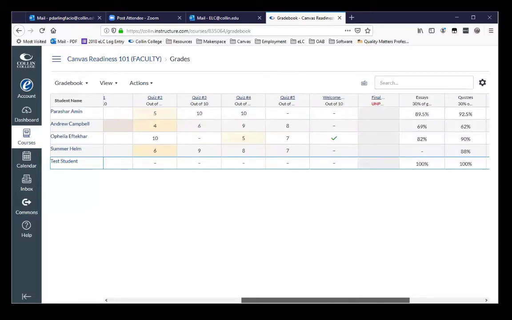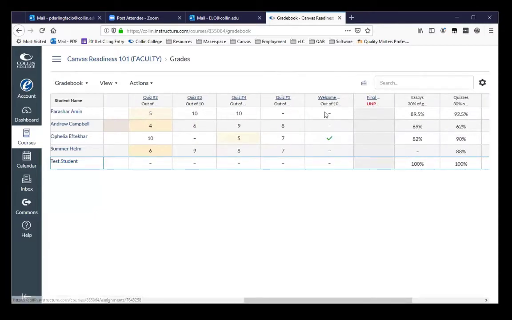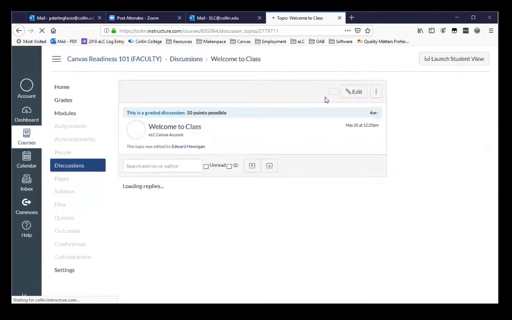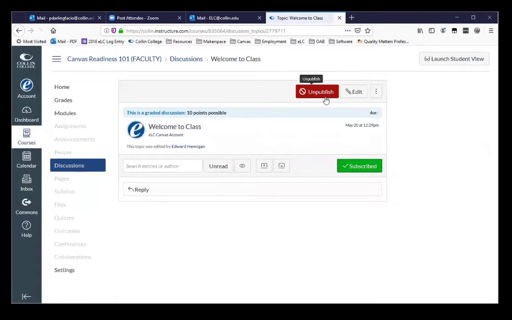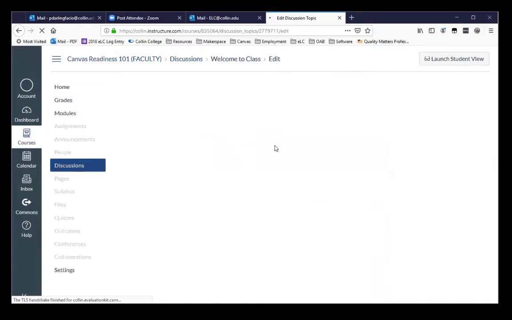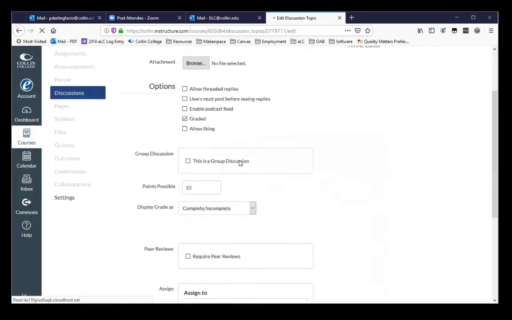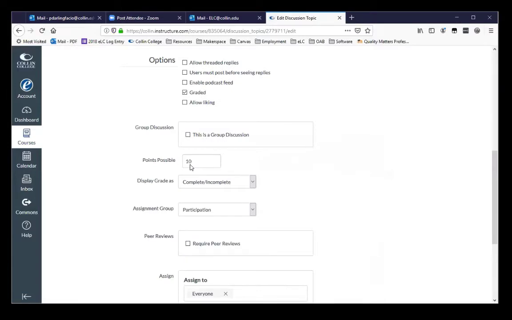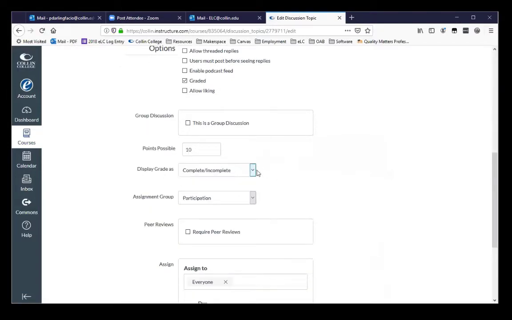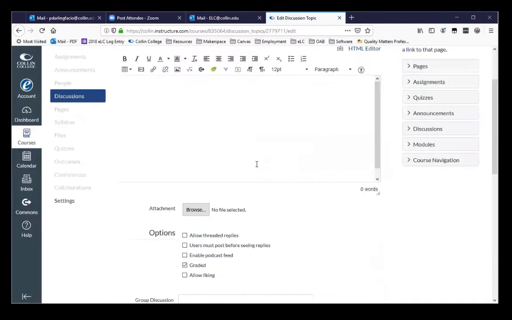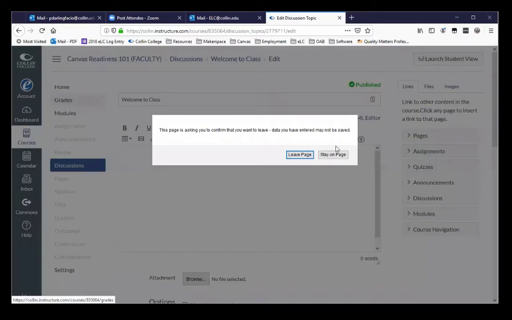All right, let me scroll over. I have another assignment down here at the end, this welcome. This assignment is set up, I'll go ahead and look at it, as complete and incomplete. So it doesn't matter how well they did it, either they did it or they did not do it. It's just a graded discussion. I just want to know that they did it. So if I look at the assignment settings, this is a graded discussion. It's worth 10 points. And my grade display, instead of being a letter grade, points, or a percentage, is complete or incomplete. So if I go back into grades,